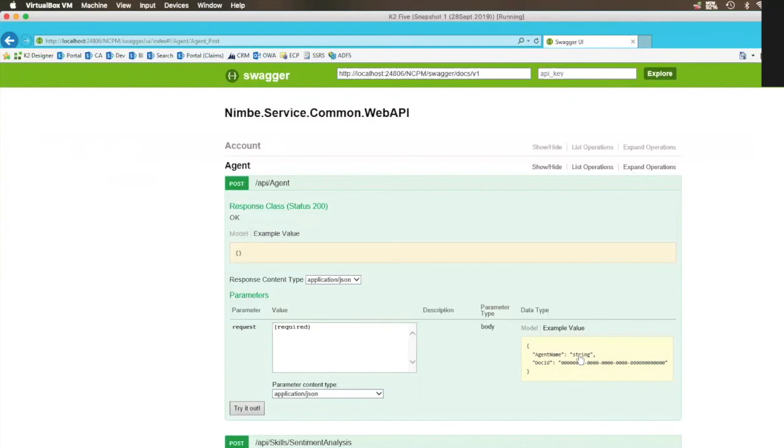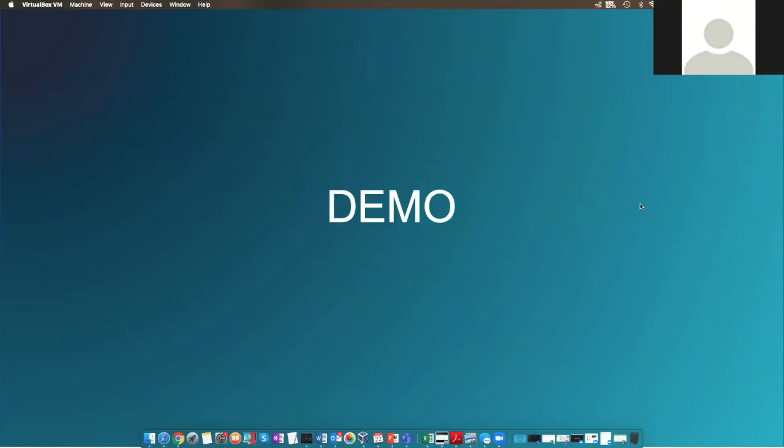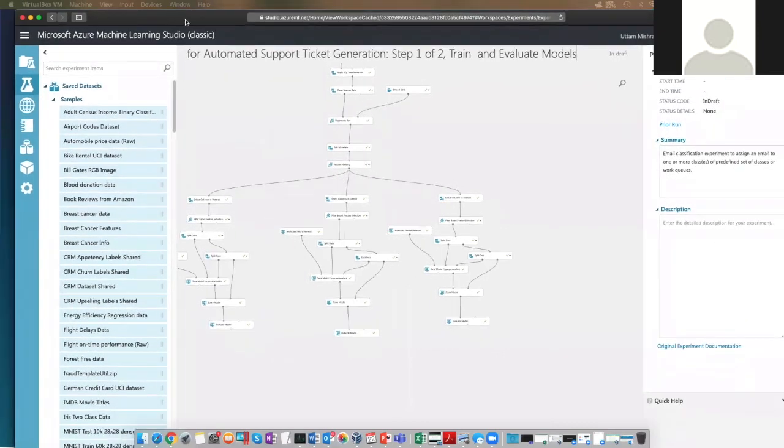So we want to give an ID, the document ID, and we want to say, tell us what type of document this is. And then the output of that is what is being used in the workflow to then take various decisions. Obviously, here we are only talking about the supervised machine learning to do the classification. You can also similarly, if you remember in the API, there was also sentiment analysis, there's work management, there's a number of other things. But you might ask at this point, okay, so how do I create this service? You would need to code that somewhere.